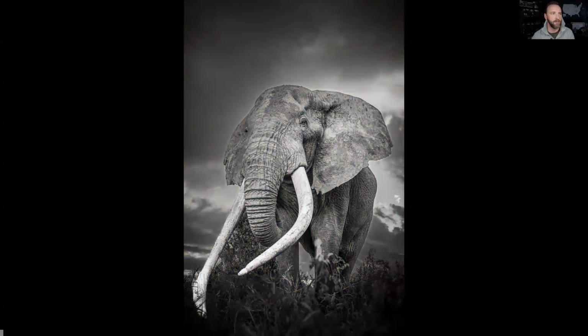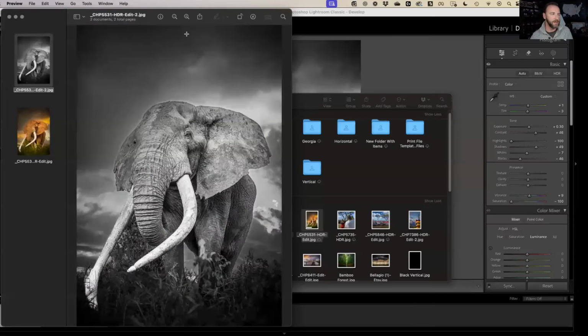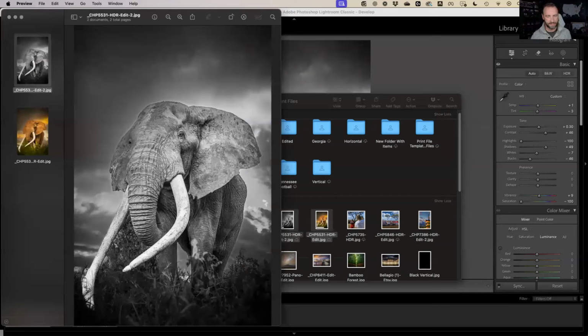Again, this was a fairly simple edit. I would also probably go in and take out that little halo section right there. But ultimately, this is a finished image. The next step that I would end up doing is I would prep it for listing it out on Etsy